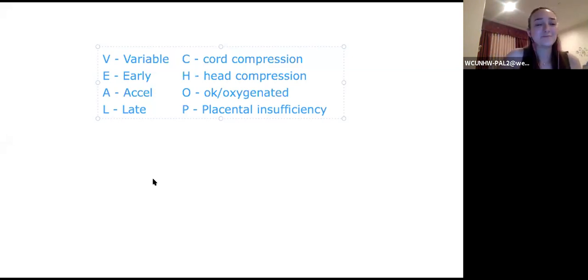Okay. So if you've ever seen an FHR tracing, you see that there are little red boxes, right? One little red box is 10 by 10, 10 seconds by 10 seconds. Now, when we're looking for moderate variability, and if you've ever seen a baby born, you'll see on the side they're looking at the heart rate, 136, 140, 148, 130. We're looking for moderate variability, which means there's going to be a difference between the baseline and 6 to 25 numbers. So if our baseline for baby is 140, which is a beautiful baseline, we love 140,